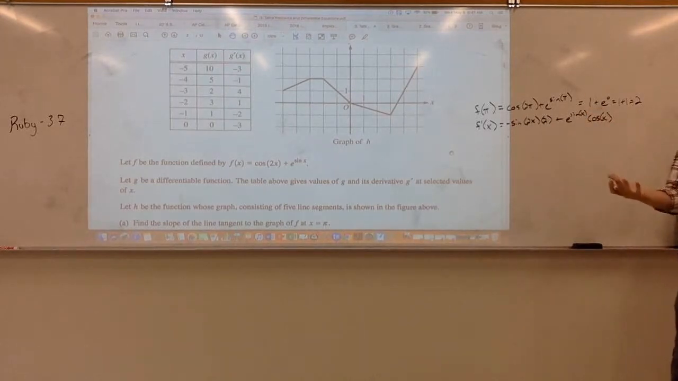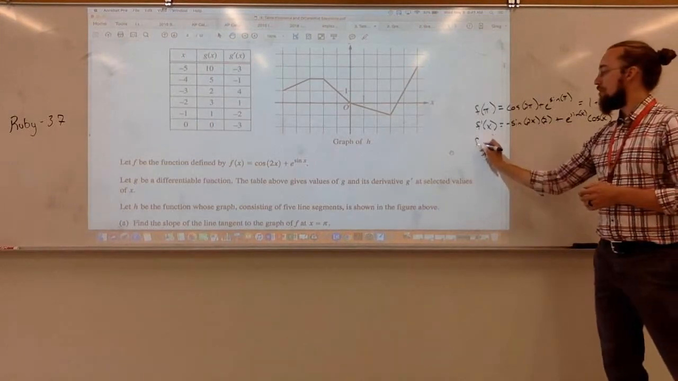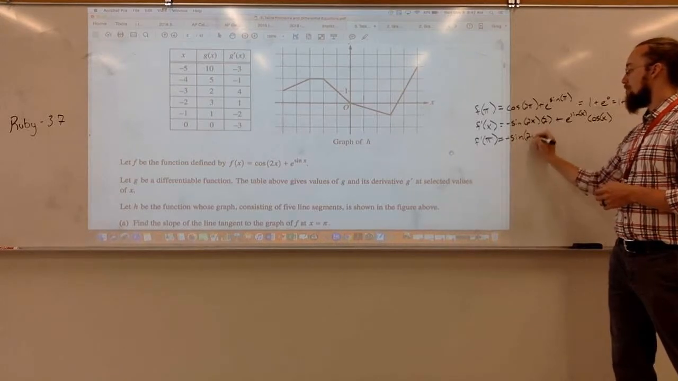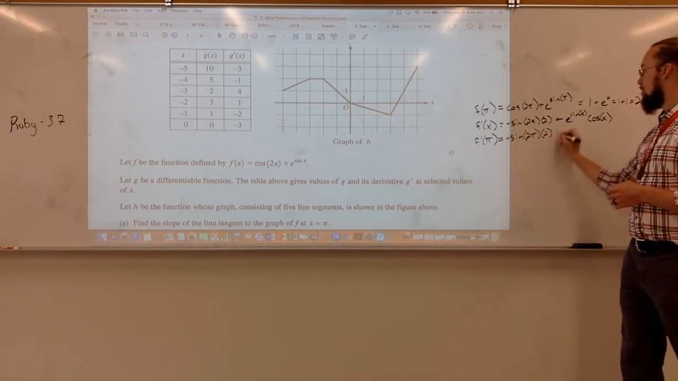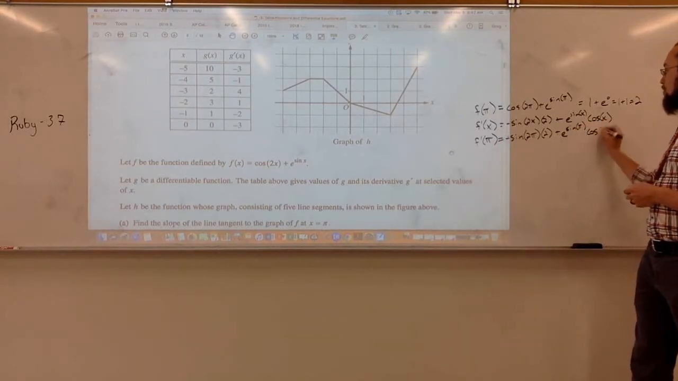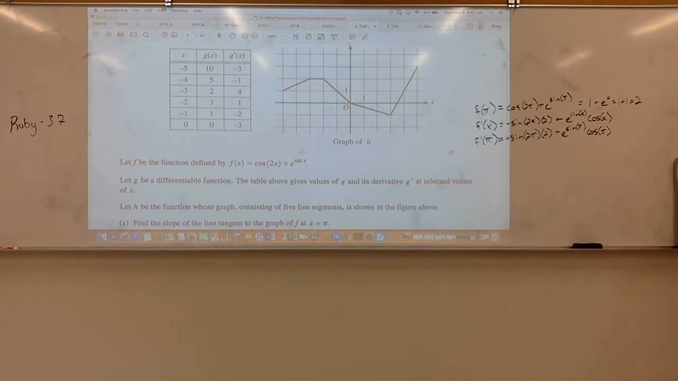So now I just plug pi into this. So f prime of pi is negative sine of 2 pi times 2 plus e to the sine of pi times cosine of pi. So what's sine of 2 pi? Sine of 2 pi is 0, so all of this would just be 0, right? Then sine of pi, we already said, was 0, so this is e to the 0, and cosine of pi is